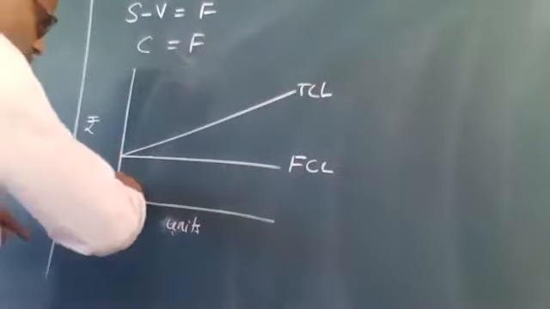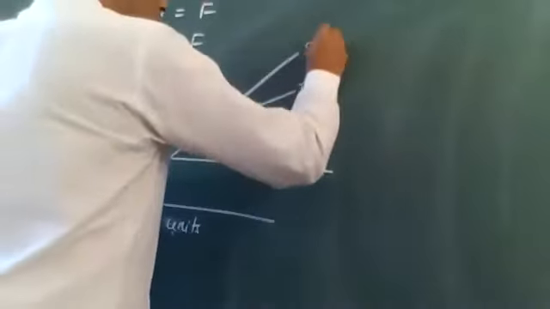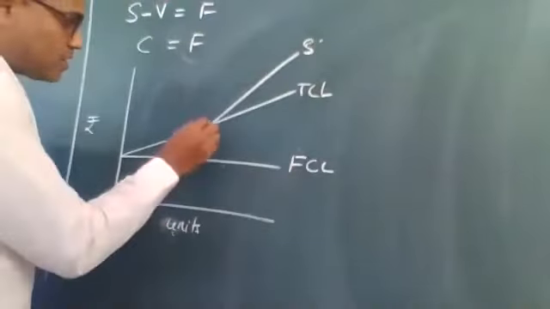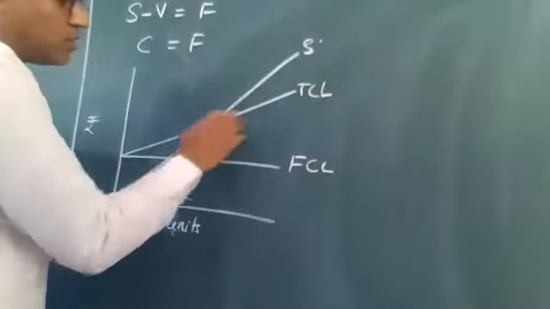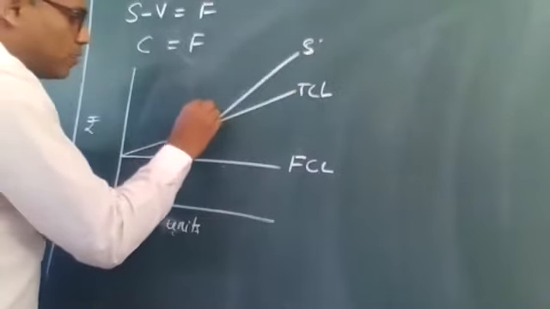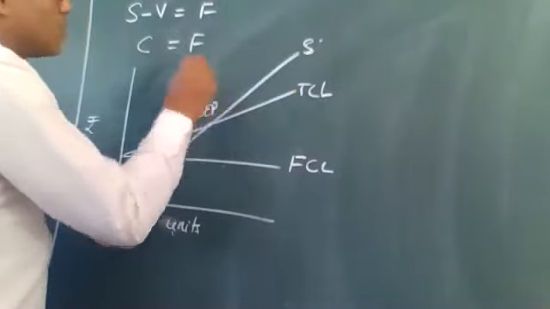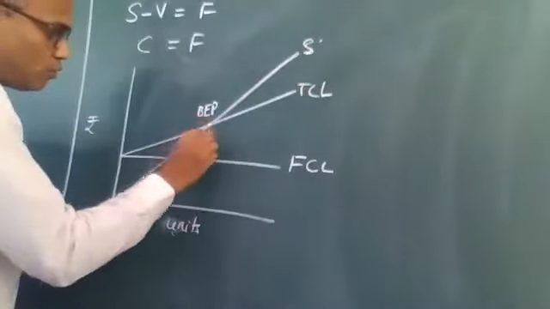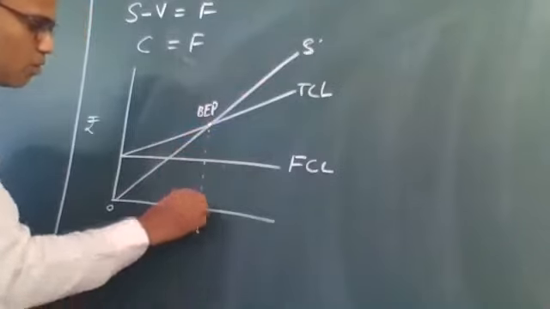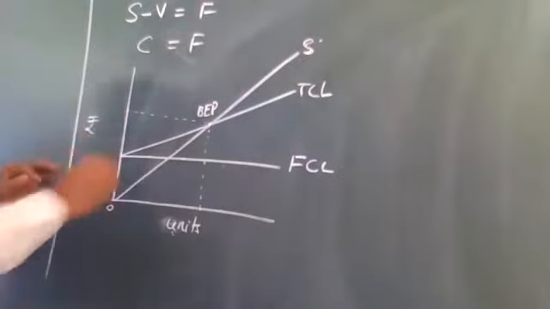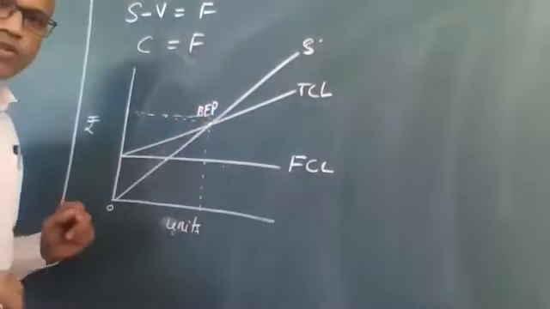And my sales line, let's assume this is my sales line. This is the total sales line. Wherever this total sales line is intersecting the total cost line, this point is what is called break-even point. Break-even point is where the total sales is equal to your total cost. So this is my break-even quantity and this is my break-even value. This is graphical representation, but we will try to understand it with the help of formula.